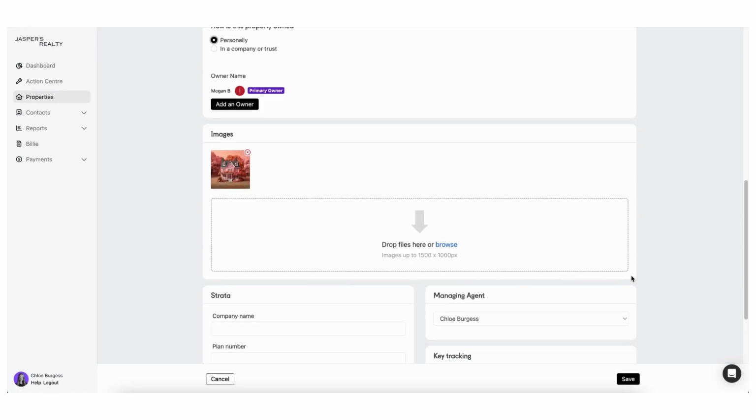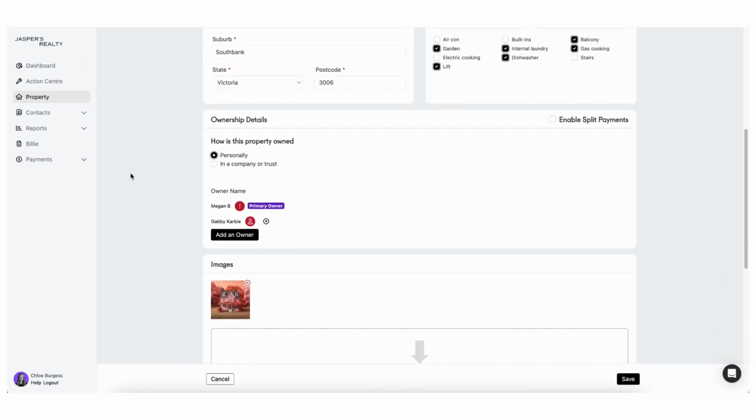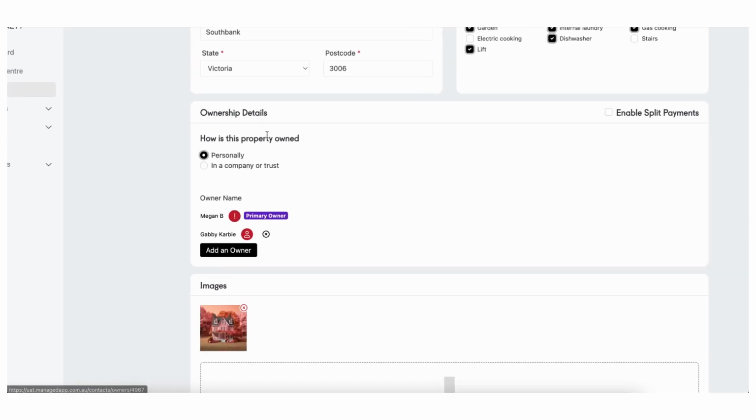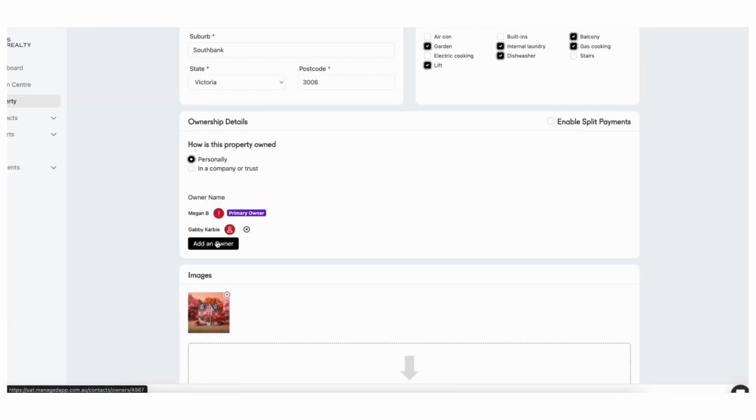Going back to our ownership details, as you can see at the moment, I have added my owner Megan into the system. Right now, there's an exclamation point, and what that means is I've added that owner into the system, but I actually haven't invited them yet. So to invite an owner into the system, what you need to do is click their property or their owner profile,